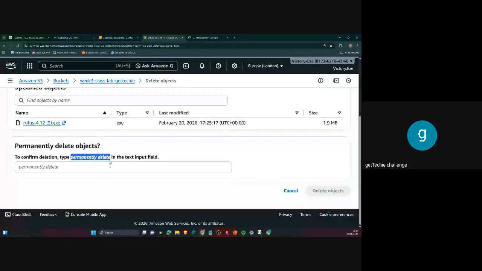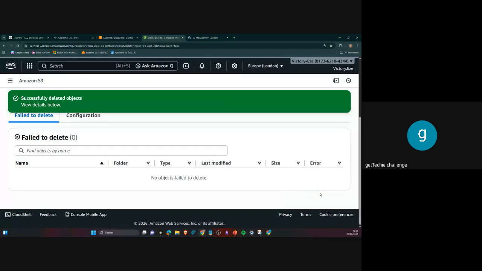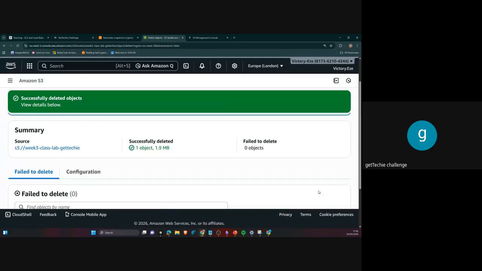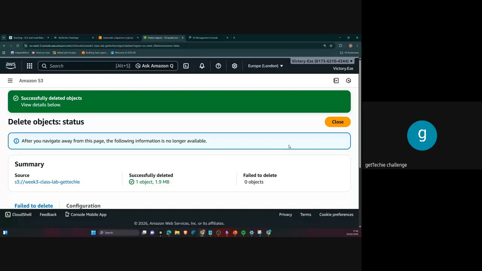These people didn't pay me my salary, so I need to delete all their data. Now Desmond goes permanently deleted. And it's gone, it's gone. I cannot retrieve back the object. You know why? I didn't enable life cycle policy. If I go to this, no matter what I do, it's gone.